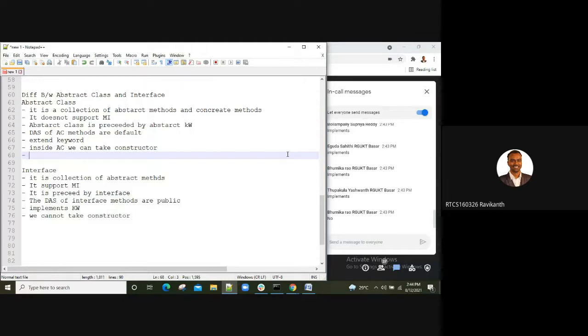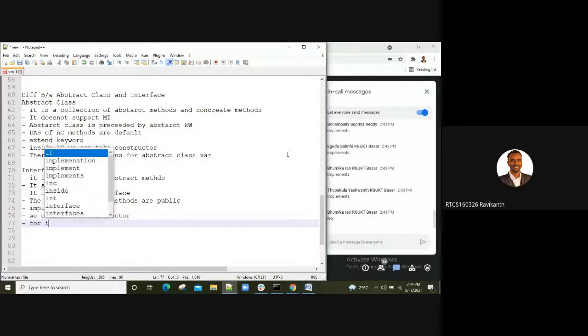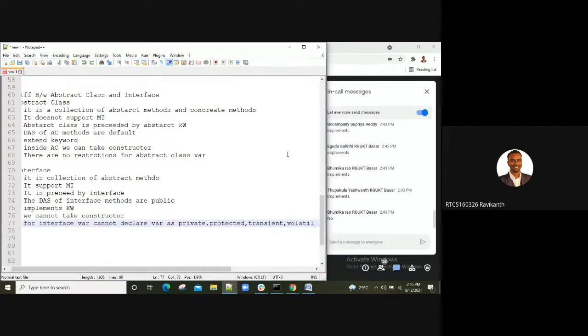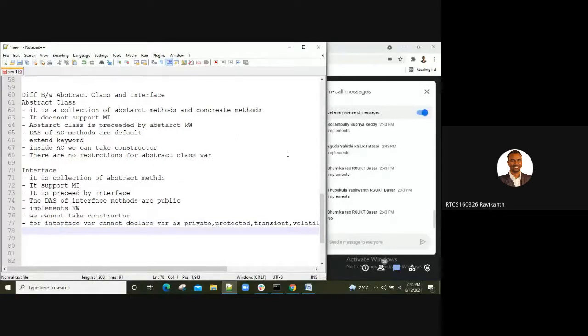You can also note down this difference. These are all keywords.